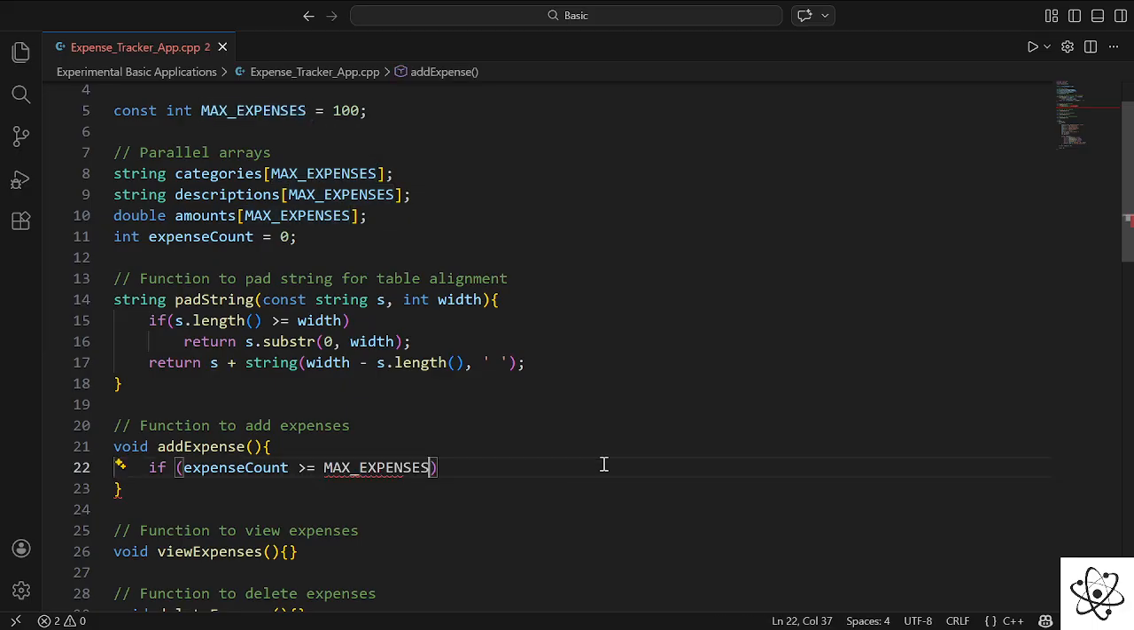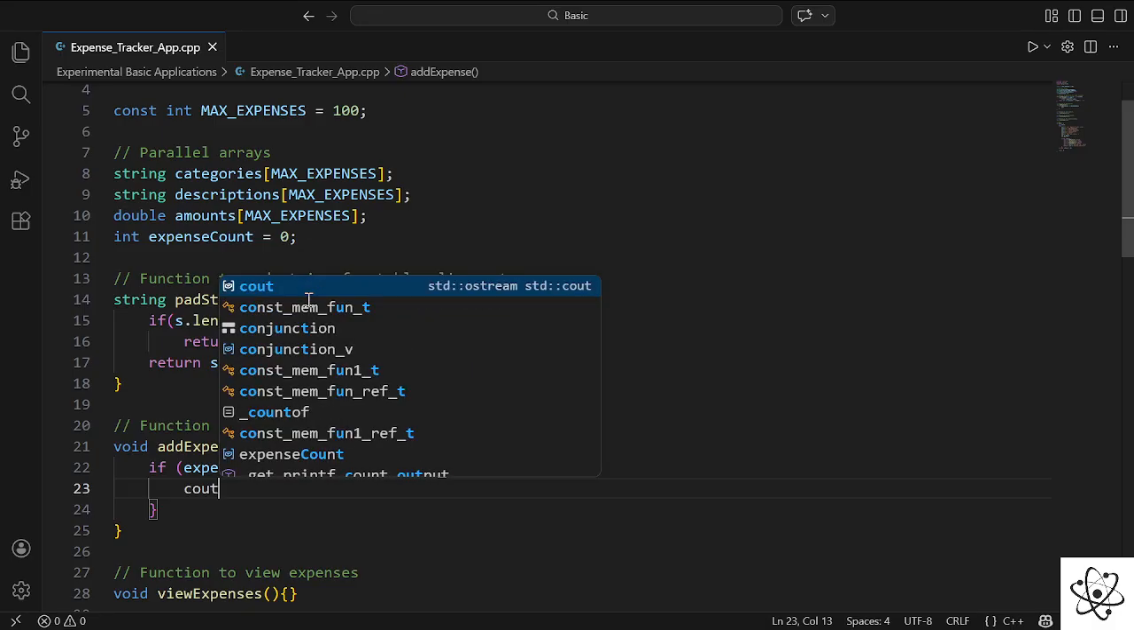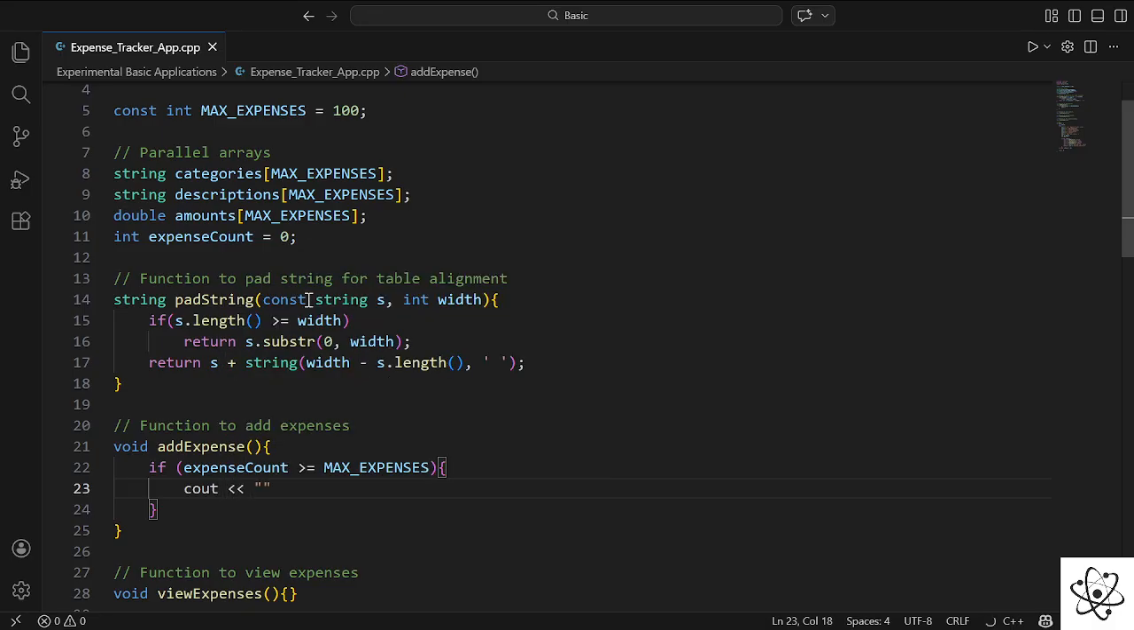So this is what we are going to check, whether the limit has been hit for the max expenses that we want to enter here. And if this limit hits, then we can say cout "Expenses limit reached". So this is what we are going to print here,